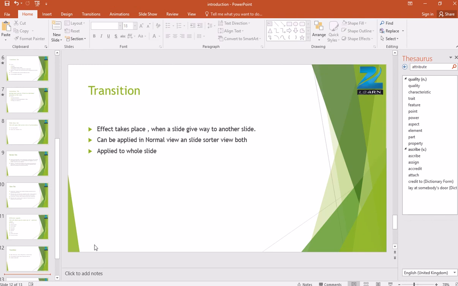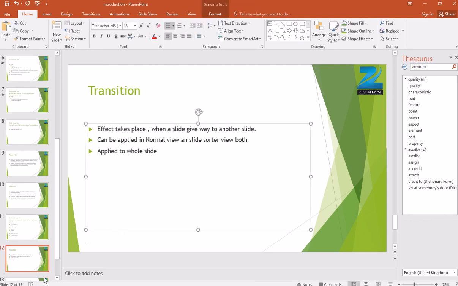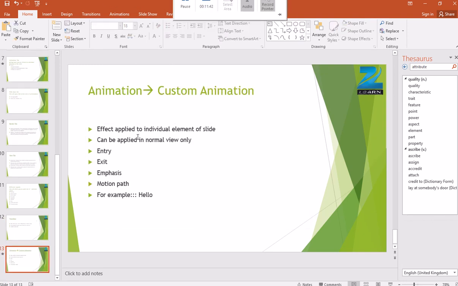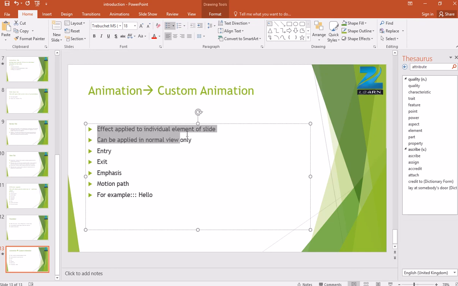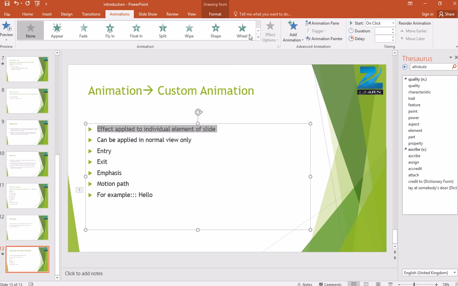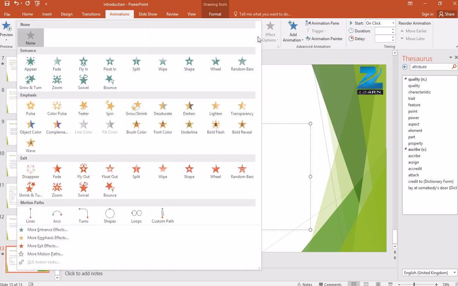Then move to the other topic, that is animation. Okay, in animation you can give effect to an individual element of the slide. That also I have shown you, how to select the element and how to give the animation effect. Okay, this can be applied in normal view only. For example, if I go to animation, here you can see different animations are there. When I click on this arrow, you can see different animations: entrance, emphasis, exit and motion path.